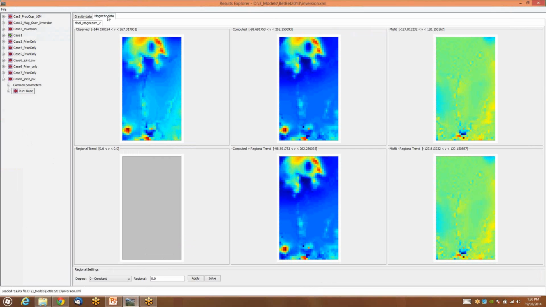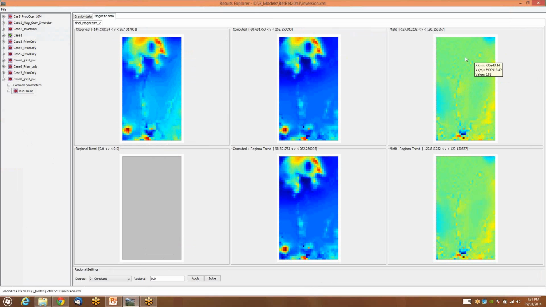So here's the Results Explorer, and the thing to check is the final grids after inversion. We need to do a comparison of the observed versus the final computed grids, and this is a very important thing, of course, because we hope that inversion has driven itself well to a point of a very high degree of matching. So here in the magnetics you can see the main features. Again, it's a low resolution run, but the main features of the anomaly are met in the computed compared to the observed. The range is very, very decent, and the thing I'm also looking for is the misfit, which is the expression of the observed minus the computed. It's a very matte colour. It's very much close to zero,